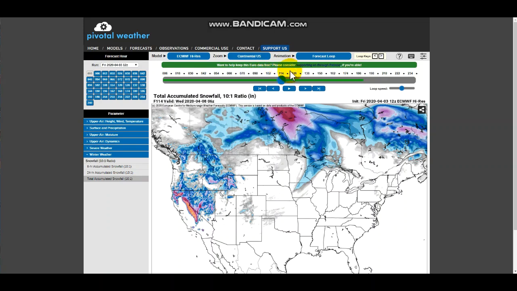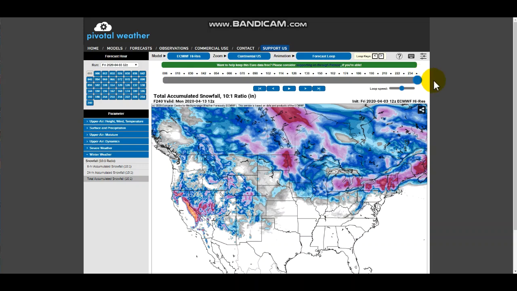But again, with April snowstorms, you don't need a lot of cold air to produce lots of snow, and you can see that there would be some sizable amounts. Central Michigan, across Detroit, over a foot of snow. Across the northern portions of upstate New York, you could see well over a foot, and into Illinois, 5, 4, 3 inches. So yeah, this would be very bad news, but again, we haven't seen this the whole winter, so I guess we get what we've been missing out on. I preferably would not want this, but again, I have to keep you updated about this, as that's my job.